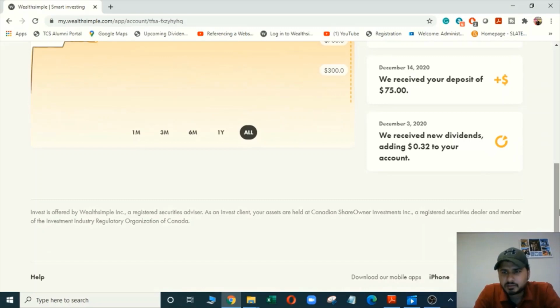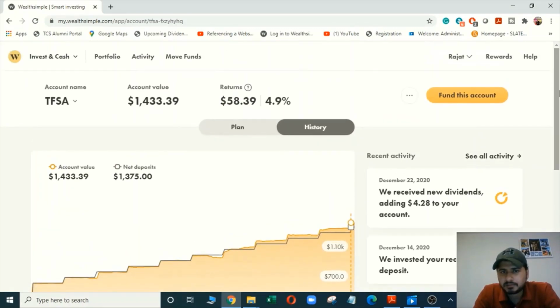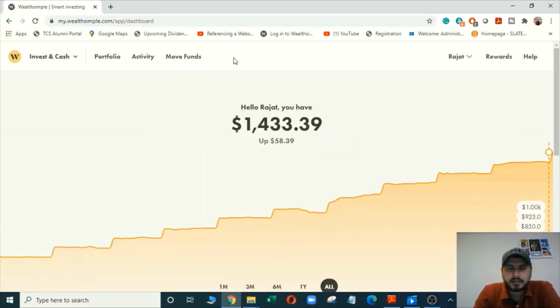And just to add one more thing, the risk level that I was talking about, mine is at high risk growth portfolio, that is risk level 10, but you can change it at any point of time. But I would recommend that you stick to one theme at one point of time and start growing your portfolio value. To add one more thing, Wealthsimple does take a commission fee of 0.5% on